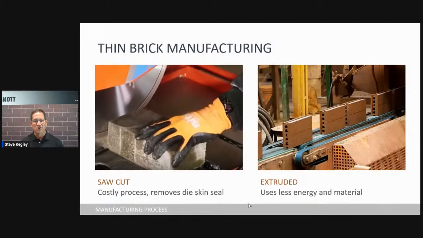Okay. So next thing we're going to look at is, well, how do we get thin brick? Okay. Well, there's only 2 ways to do that. You can make a regular face brick, on the left, and you can saw cut the face off of it. It's a little costly. It can be quite a process. And when they run that saw blade through there, that diamond blade, it does interrupt the molecular fusion of